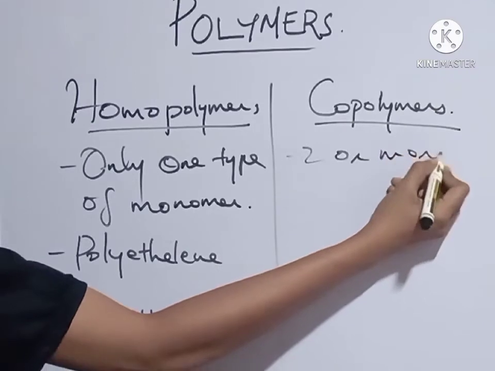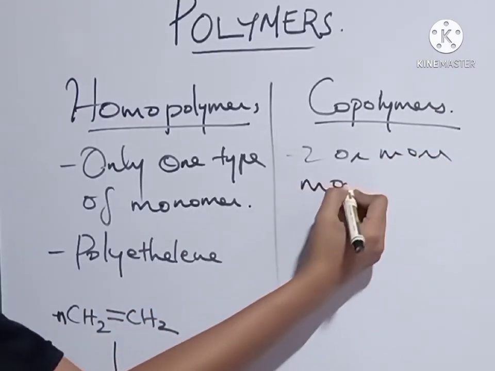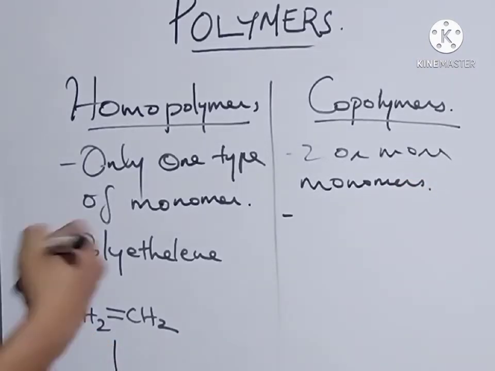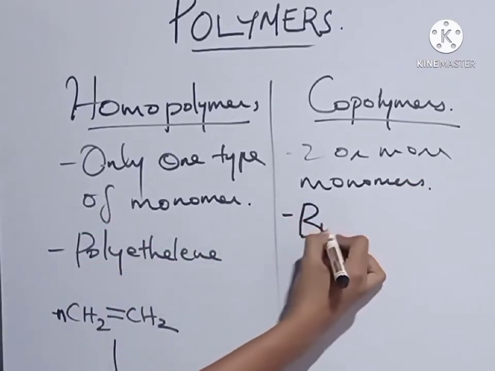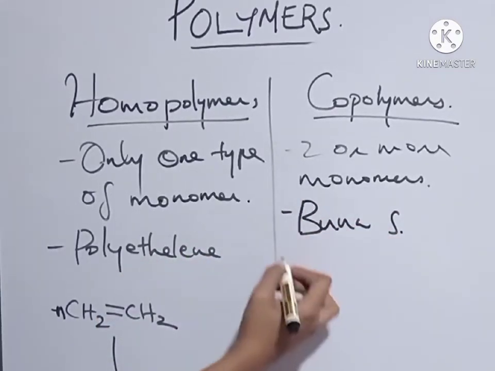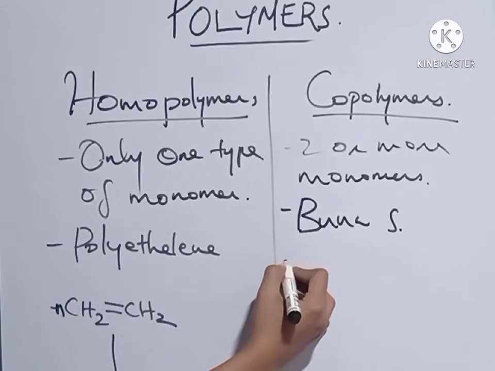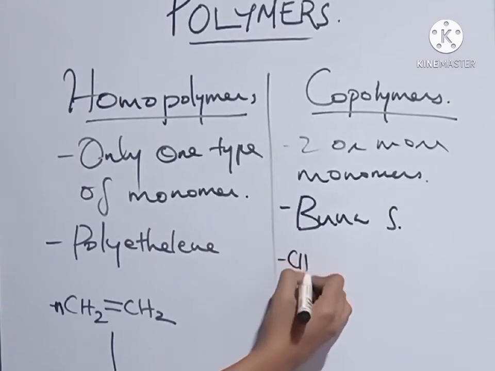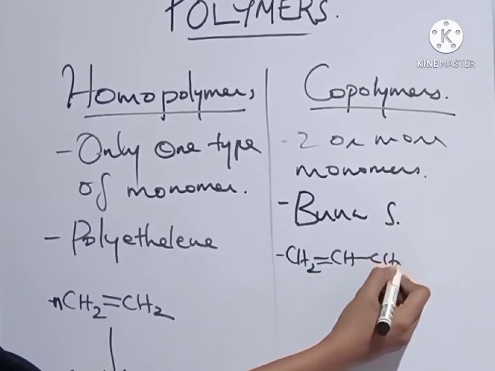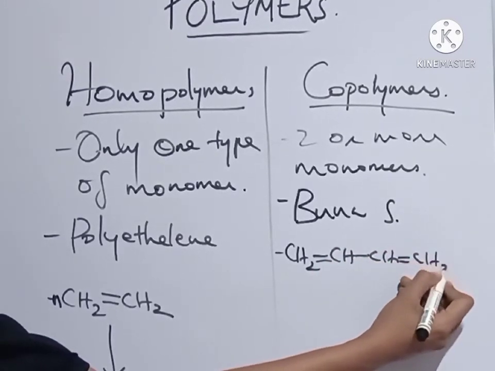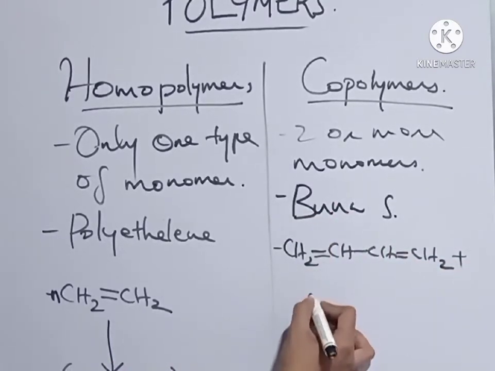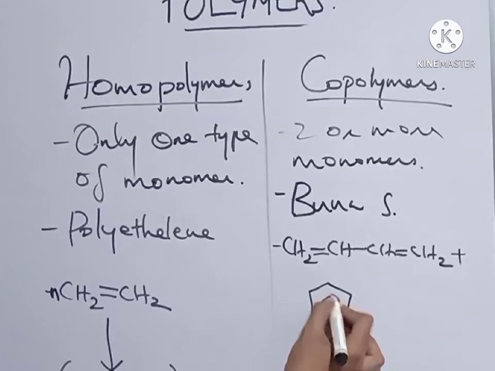So, two or more monomers are there. An example is buna-S. In buna-S, the monomers involved are one is 1,3-butadiene, that is CH2 double bond CH, single bond CH, double bond CH2. This is one of the monomers, and the next one is styrene, that is benzene ring containing